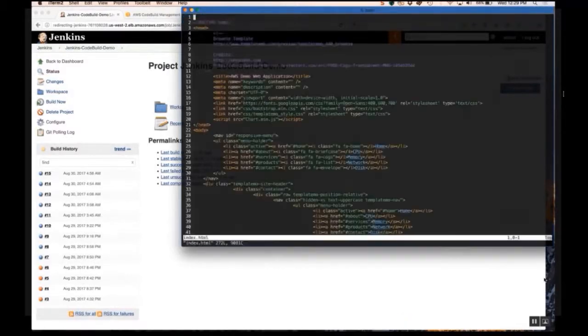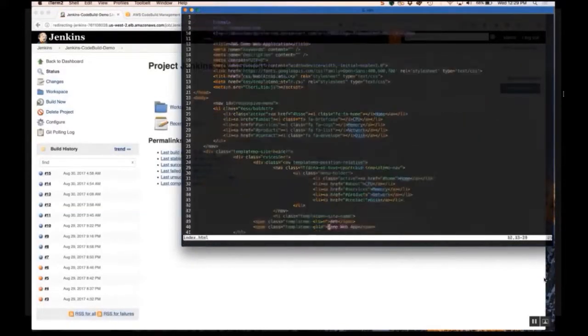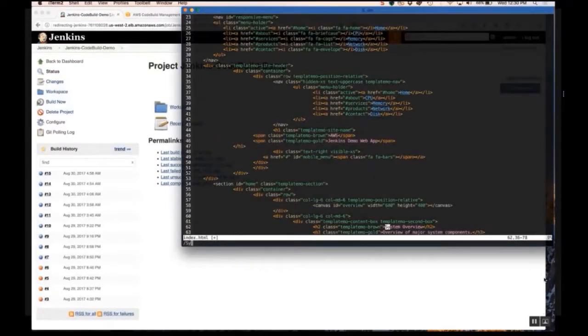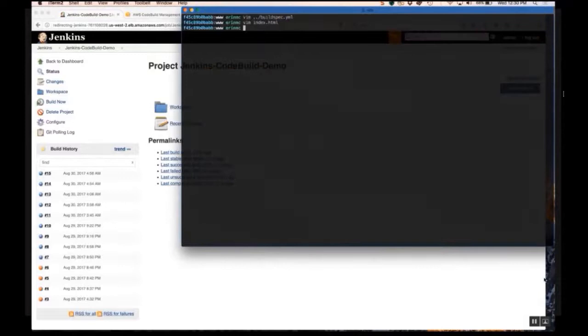Now I'm just going to edit the index.html file so that we can commit those changes and then push them to the code repository. I'm going to update this title to be Jenkins Demo Web App. Then I'm going to change some of the other titles within the web app. Okay, great. Now I'm going to commit those changes to the local Git repository